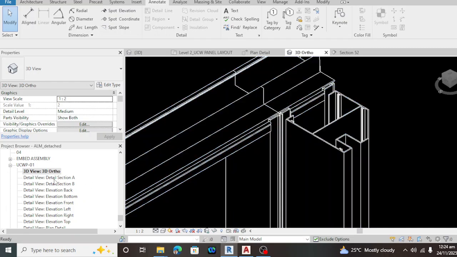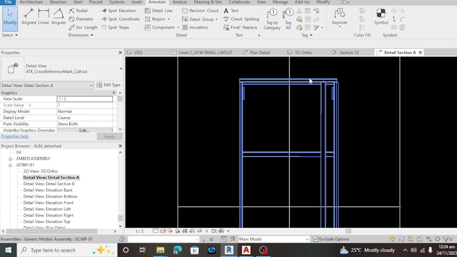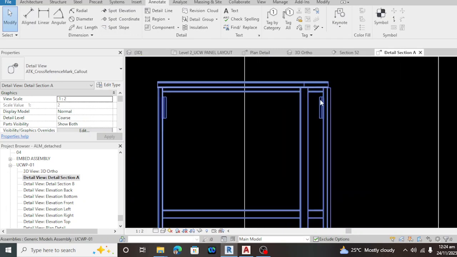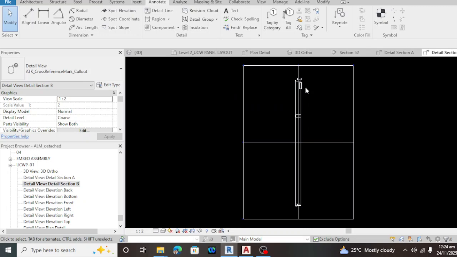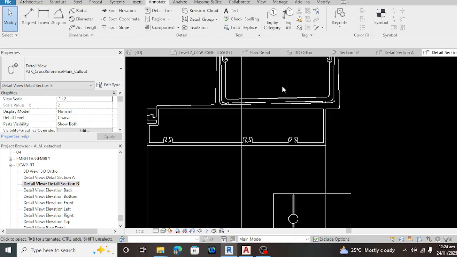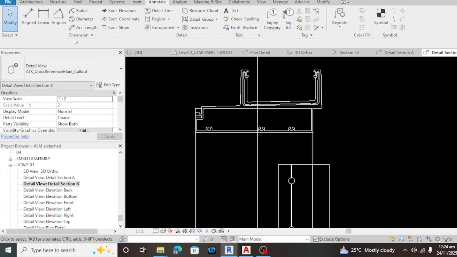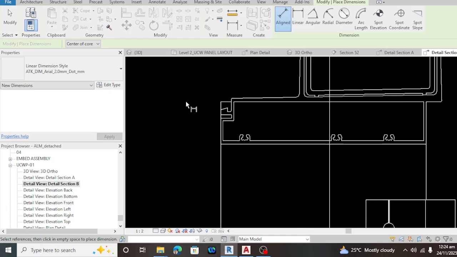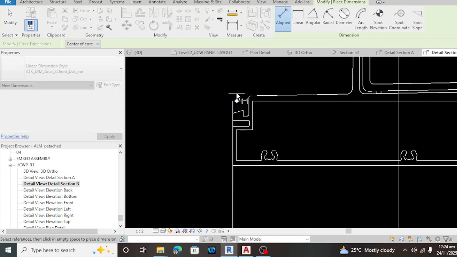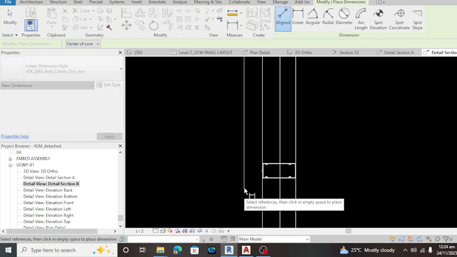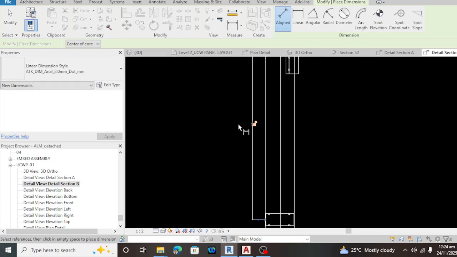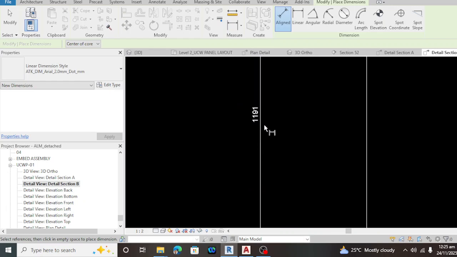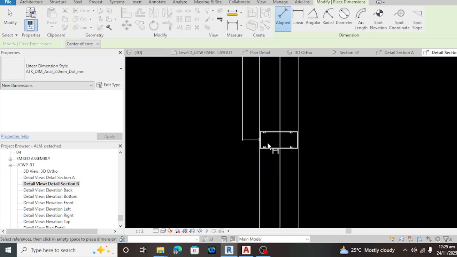Let's go to the section, detail section. A is the front. Section B, as you can see, guys, is perfectly fit. And also, we can detail it. We can put a dimension.